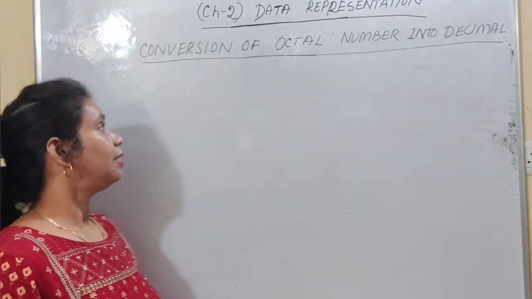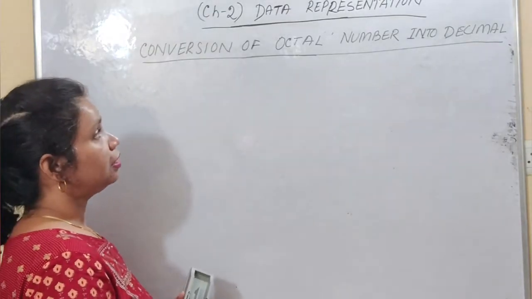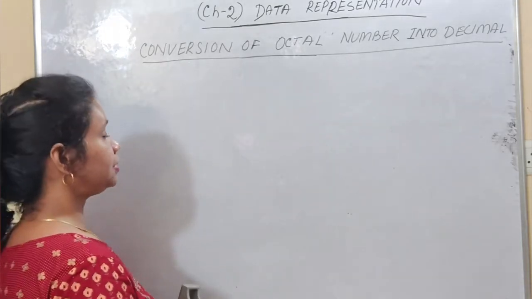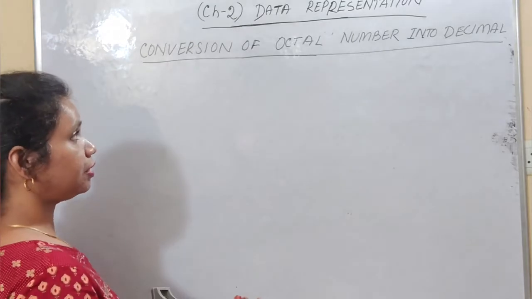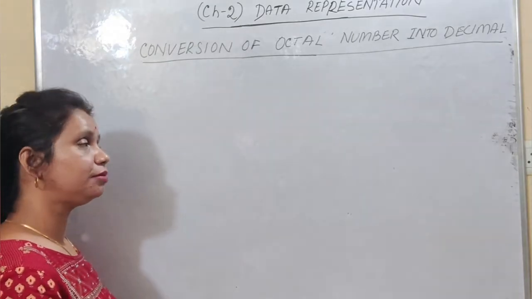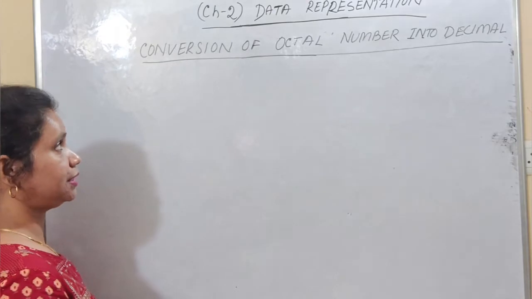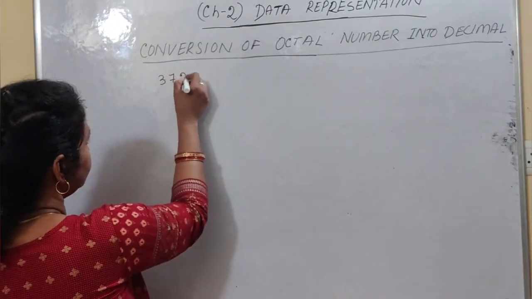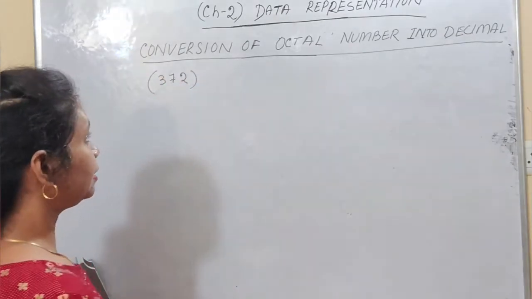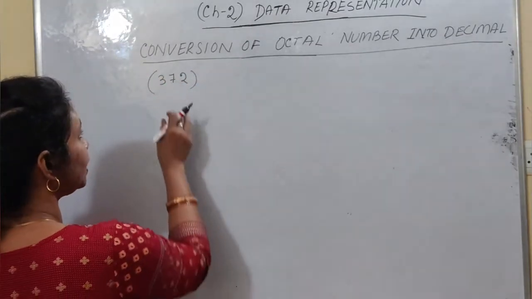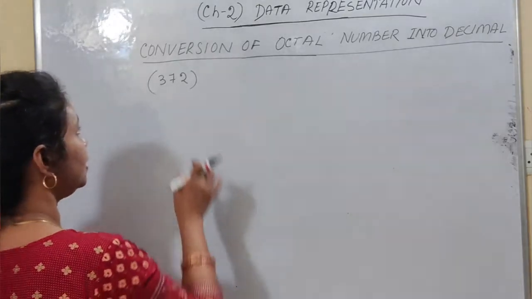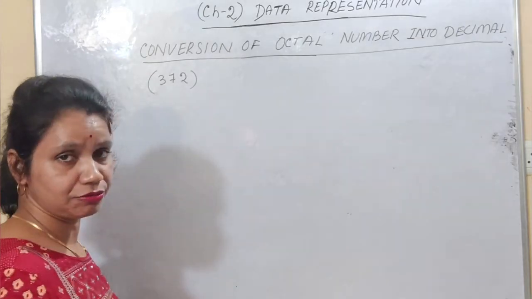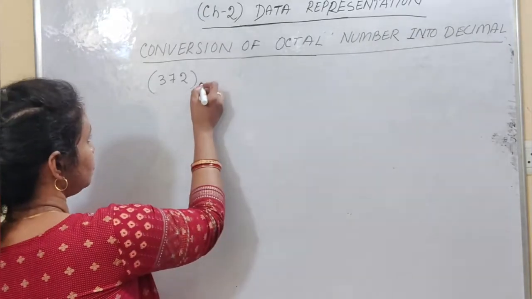Now students, we will discuss how to convert one octal number into its equivalent decimal number. Already you know the process, the same way you converted the binary number into its equivalent decimal number. Here also we will follow the same process. So let us discuss one example. Suppose 372. This is one octal number, students. You have to remember in octal number you cannot store 8 and 9 as a digit, because in octal number we can represent 8 unique symbols, 0 to 7. So this is one valid octal number.